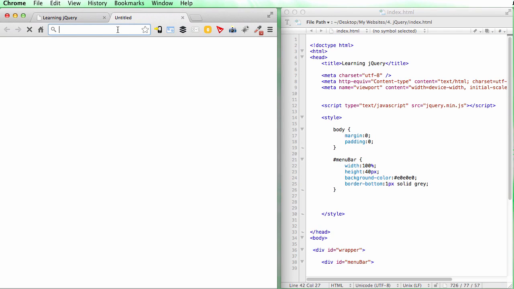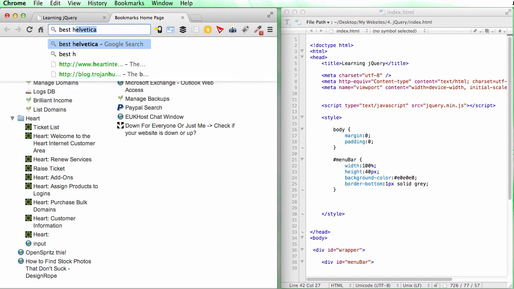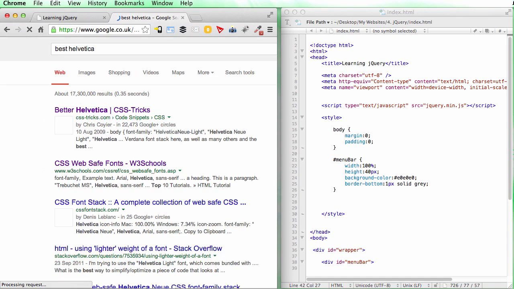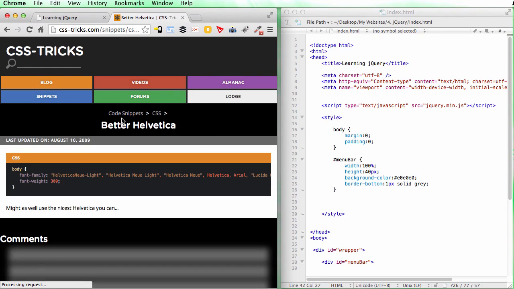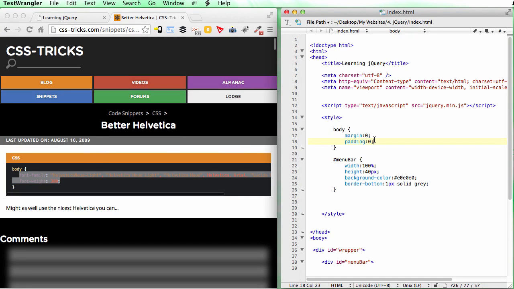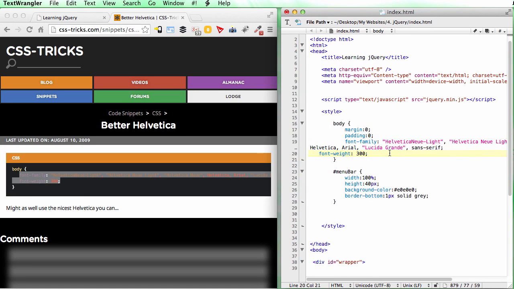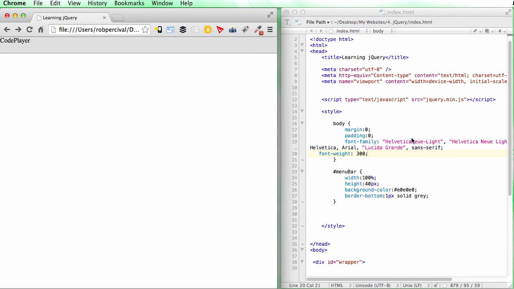I'm going to show you a site that I use quite often when I want to get nice fonts. It's called Better Helvetica. It's just a quick CSS trick. And what it does, if I copy and paste this into my body, you'll remember that the font family attribute has values that it will take each font and try and apply that font if the system has it. And if it doesn't, then it will back off and try the next font, and on and on and on